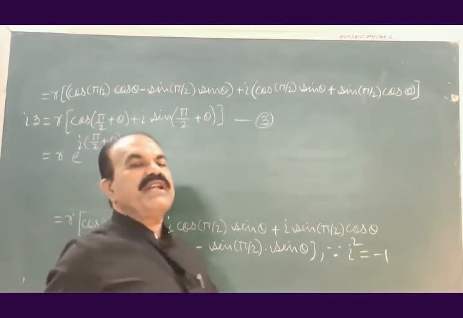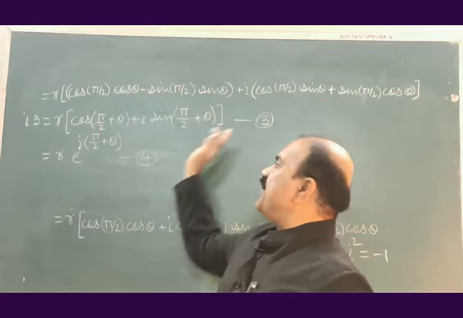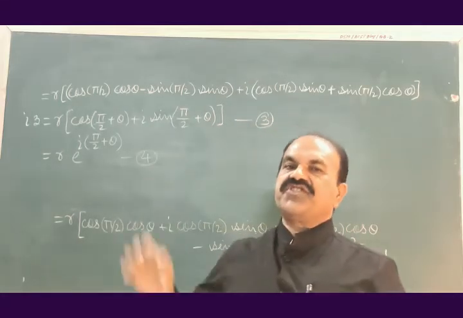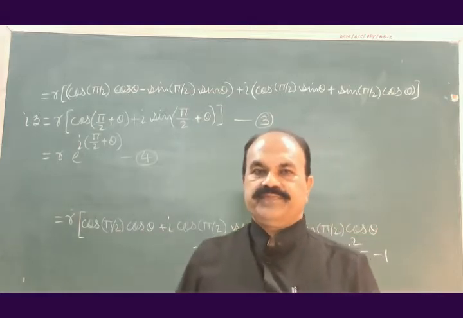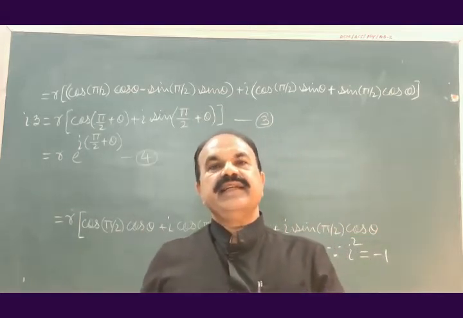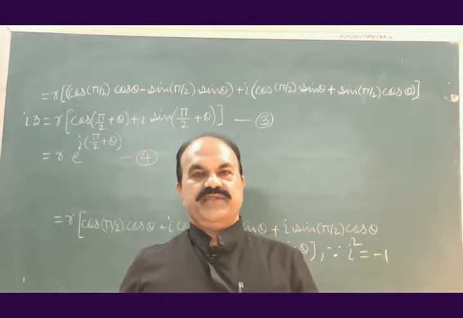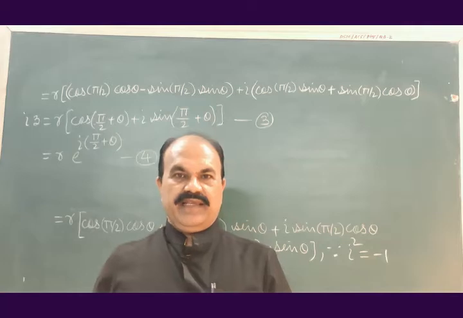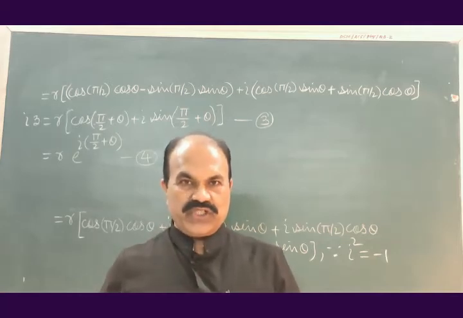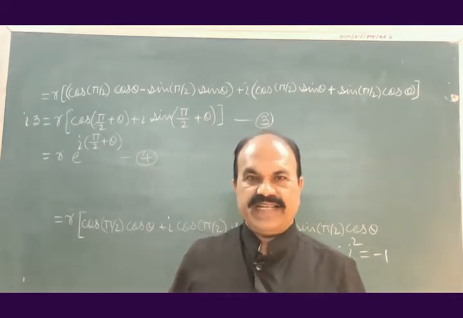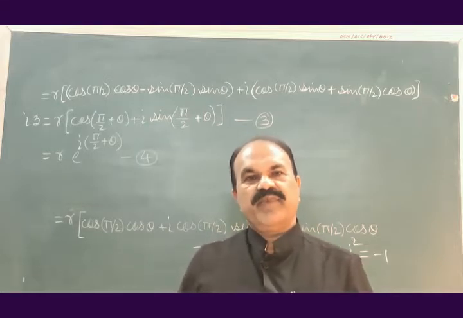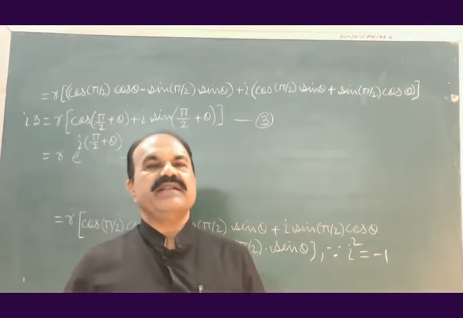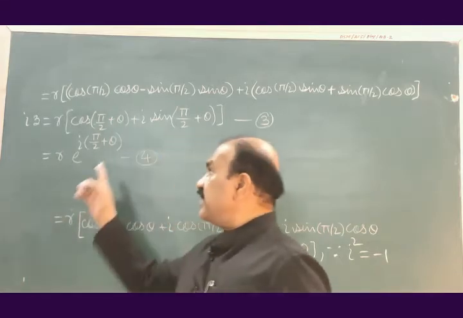What is the meaning of this? What conclusion can we draw from equations 3 and 4? Observe equations 3 and 4 and try to get some conclusion from this. If we have a close look into equations 3 and 4, we find that when a complex number z is multiplied by imaginary part i, we get a complex number.